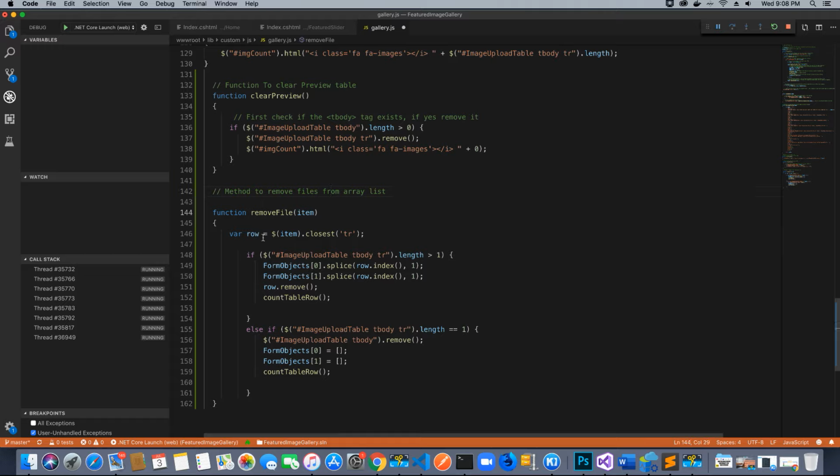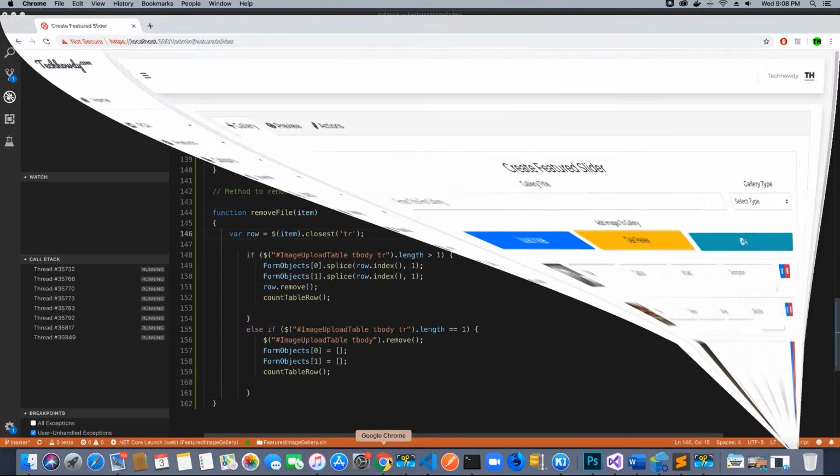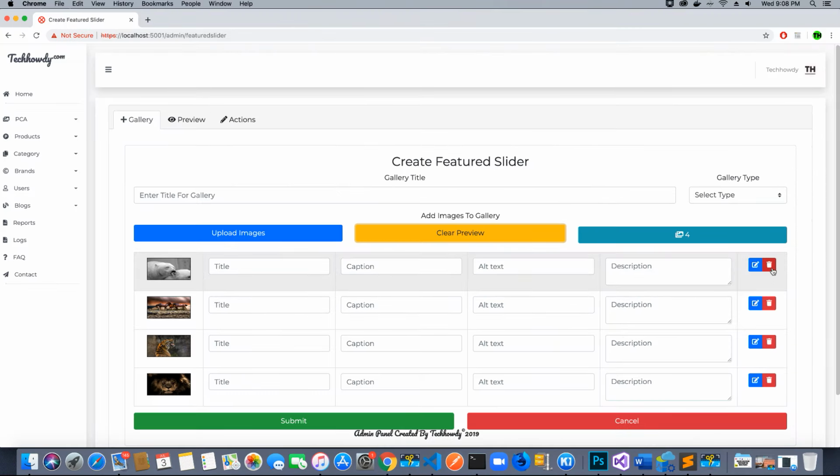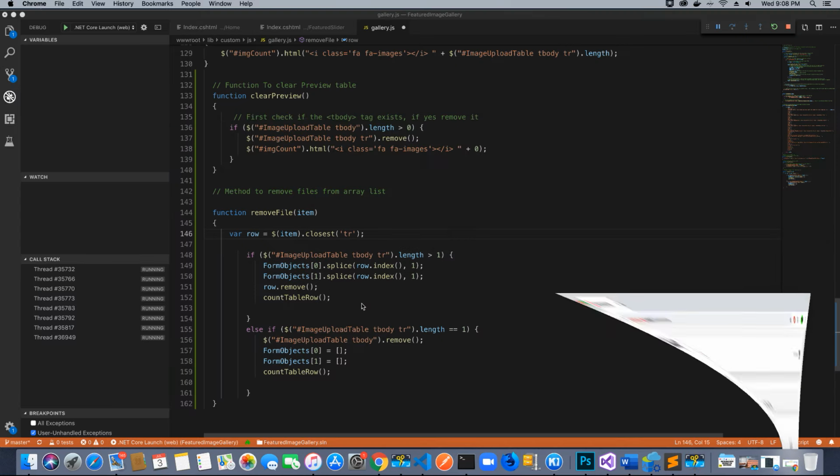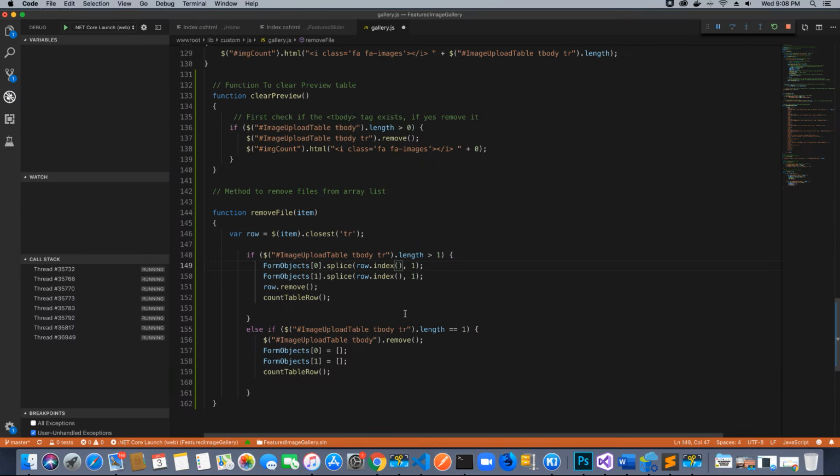So first we will get the row where the button was clicked. If we go back to our application, when this button is clicked, we want to make sure that we get the details of this particular row. When the second button is clicked here, we get the details of this particular row. Basically, we get the details of the row where this button is available. So in jQuery, by calling the method